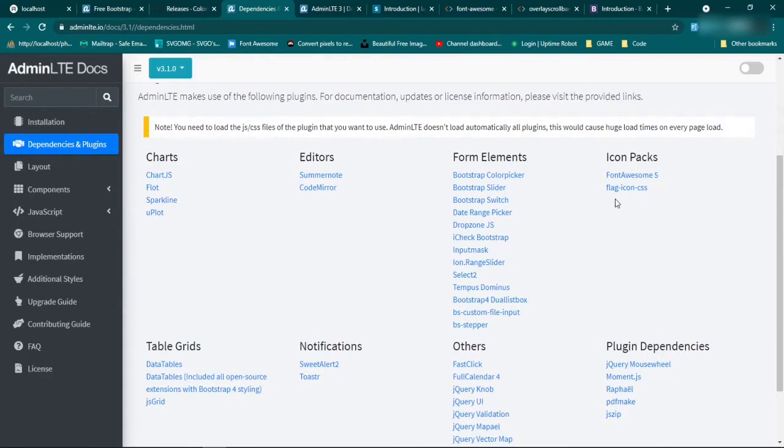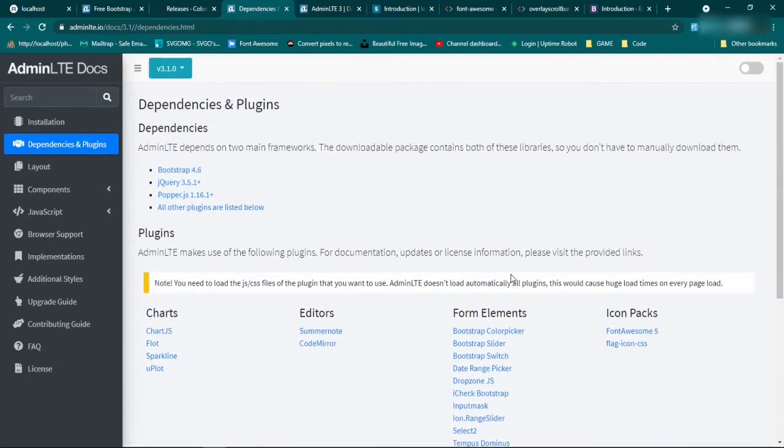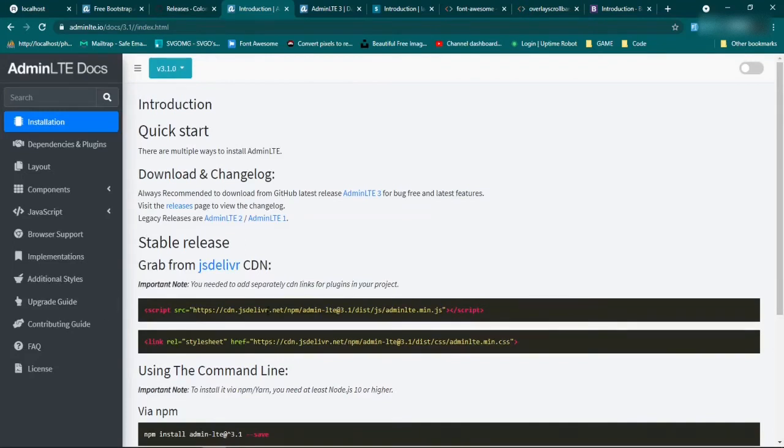These are what's being used by this AdminLTE package, and we are going to use some of these, not all of these, but we're not going to pull them in at the same time. We're going to pull them in a little bit separately. Okay, so if we go to the installation tab, we need to grab the script tags. So we'll grab this one first,